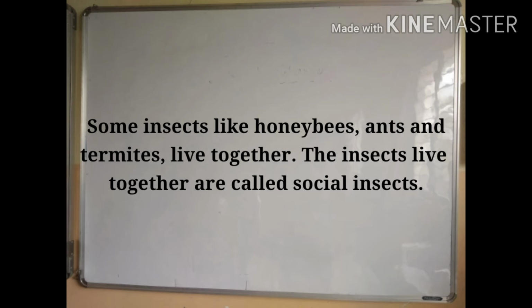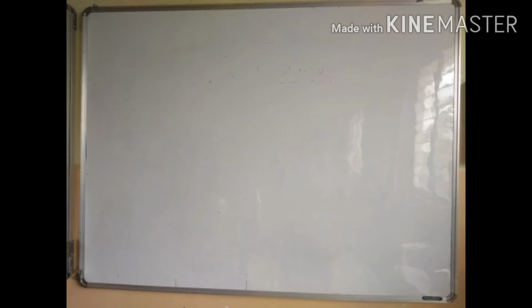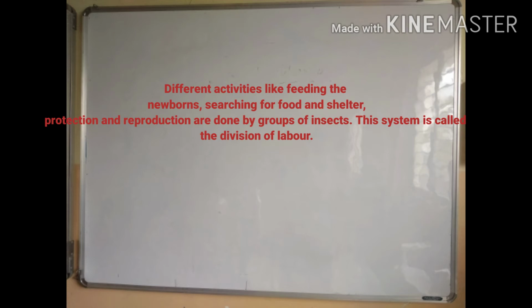From that, what are they doing? They are doing different activities like feeding the newborn, searching for food and shelter, protection and reproduction, which are done by groups of insects. This system is called the division of labor. Understood? There are different activities in their community, in their society. So which are the activities? Feeding the newborn, searching for food, shelter, protection and reproduction. All these activities are done